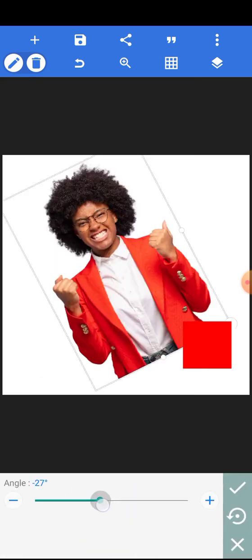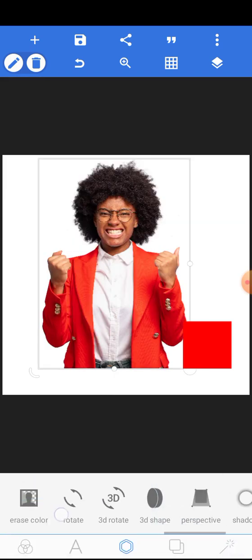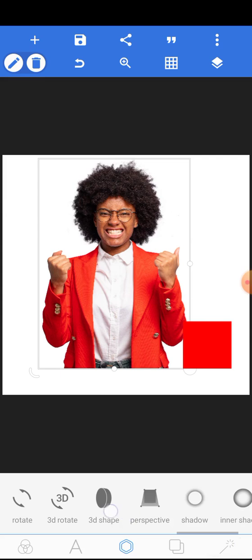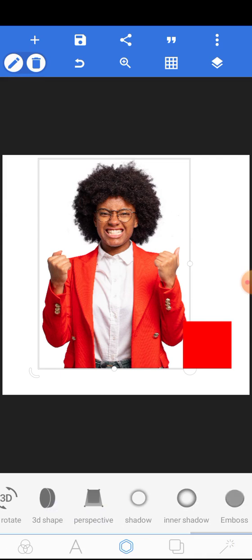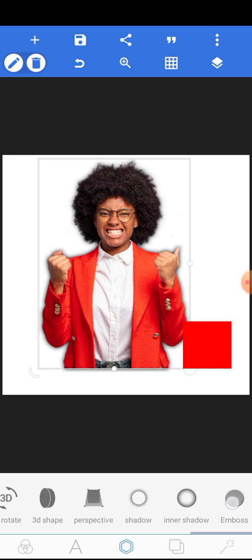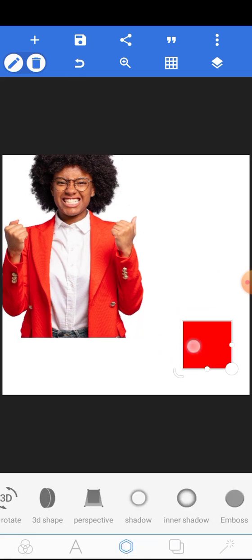Now if you want to rotate it, just like I explained in text usage, 3D shape, just as in the text, 3D rotate and 3D shape as well. This is shadow. We want to add shadow as well, inner shadow, and also we want to emboss. So come on, we think we are getting closer. Let me just round up with this. So that is all we have